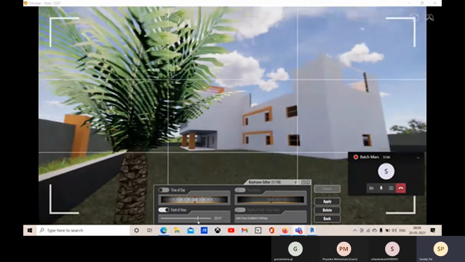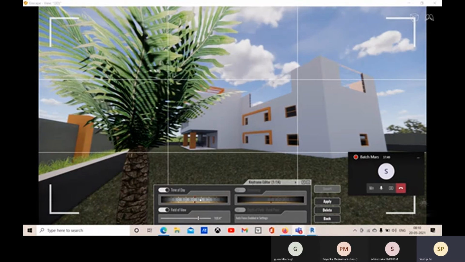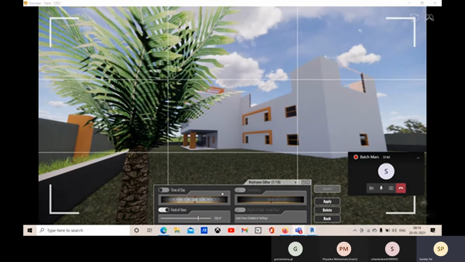You can change the time also, and if you want to give any timestamp, right now this timestamp is not applicable here. So you can just change the time of this day like this. You can change the time of this day.